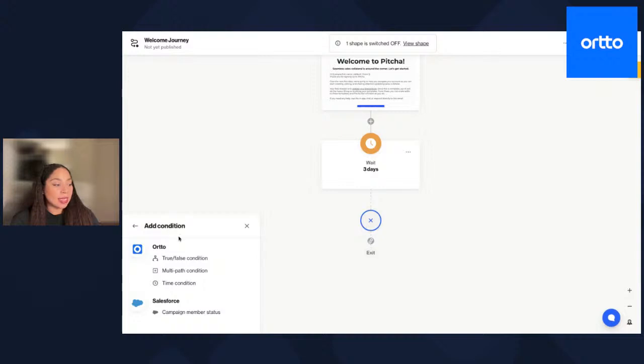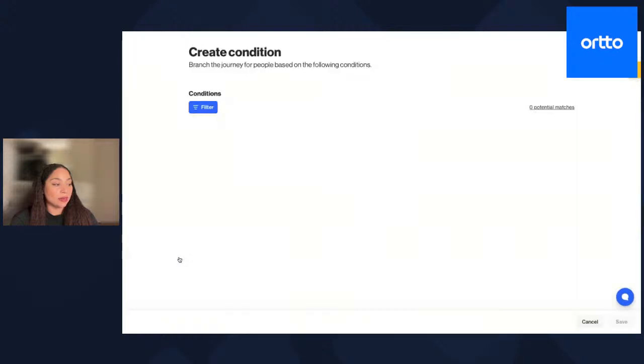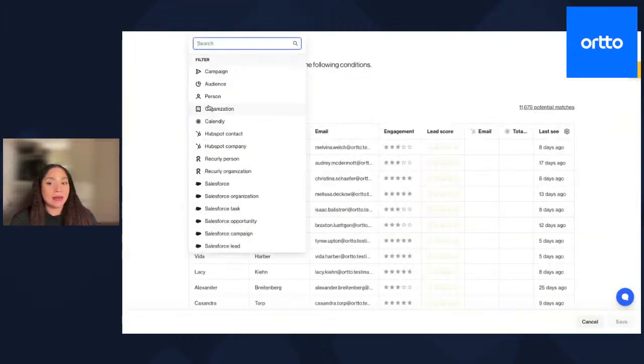So you can see, as I say, I want to add a condition here. I get to use the true or false condition that I've got available here. And I can go ahead now and basically create a filter. So the true or false condition we're looking to create in this specific example is whether our welcome email actually included